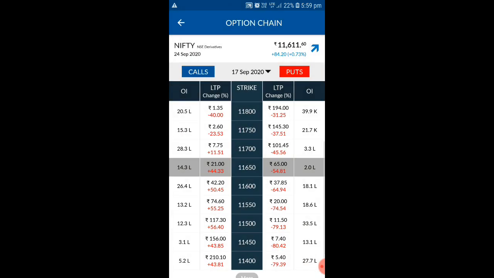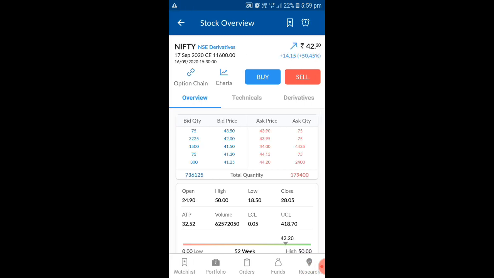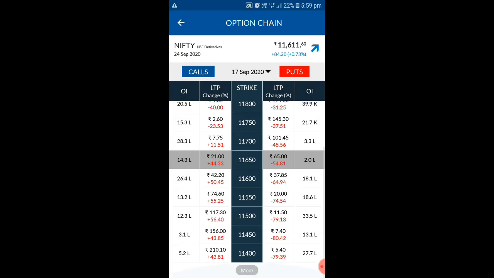Whereas if you select the current strike rate, here 11,600, you can see almost 14 points movement. And when you are selecting below the current level, there you will be getting more profit, but the risk level will be more, because you can see the price here will be a little bit higher. It will be like 100 rupees or 150 or 200.